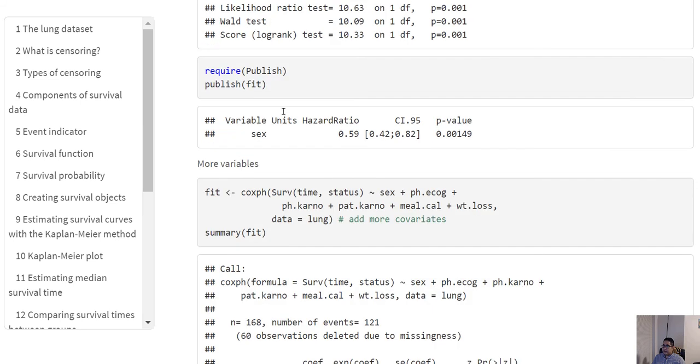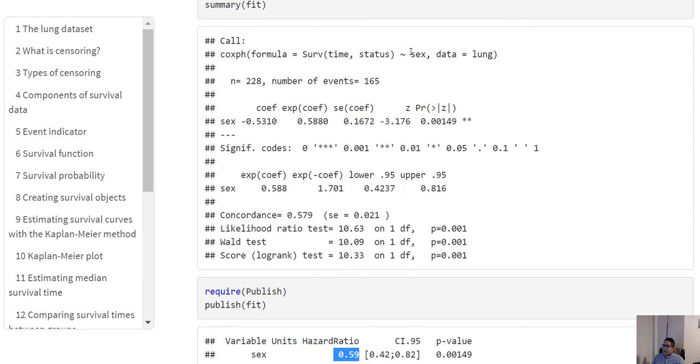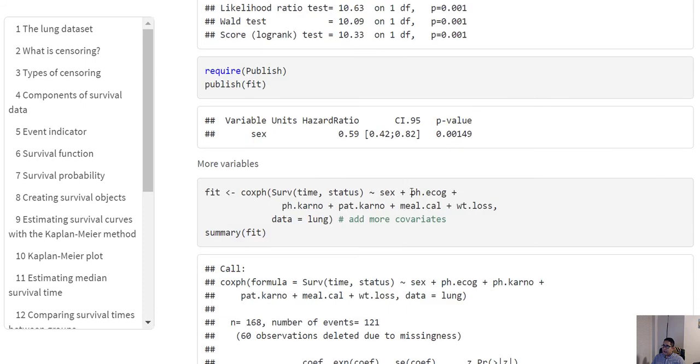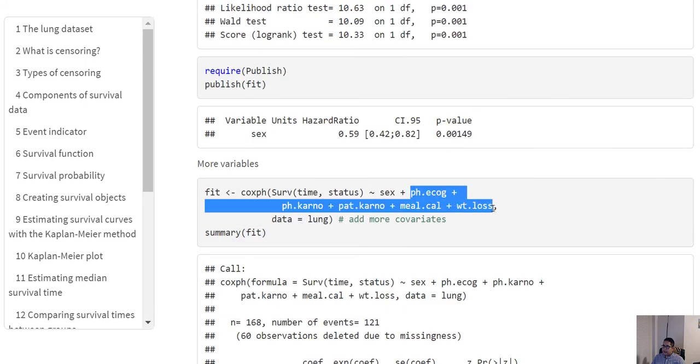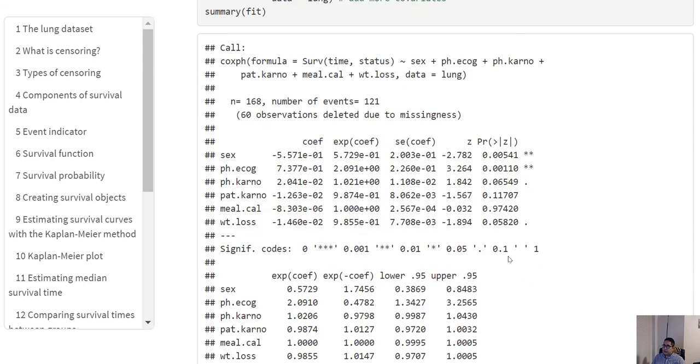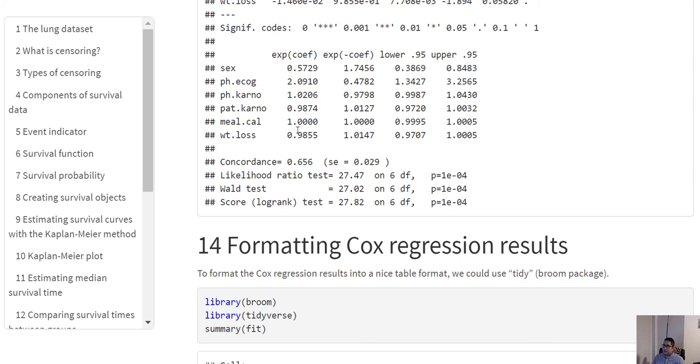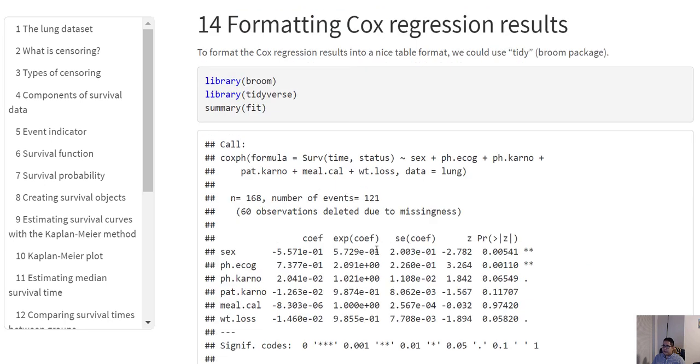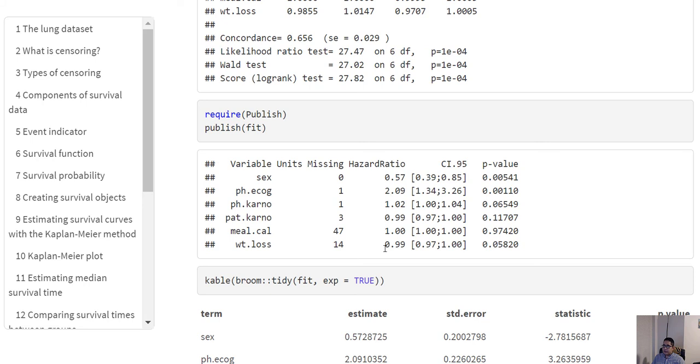But again, if you use the publish function from the Publish package, you can directly get the hazard ratio for the sex variable. Not only one variable, you can also add as many variables as you need to adjust, and that will give you all of the hazard ratios associated with all of the variables that you have adjusted. There are some formatting packages, for example the broom package, which is very helpful to format some of the results that we obtain from the